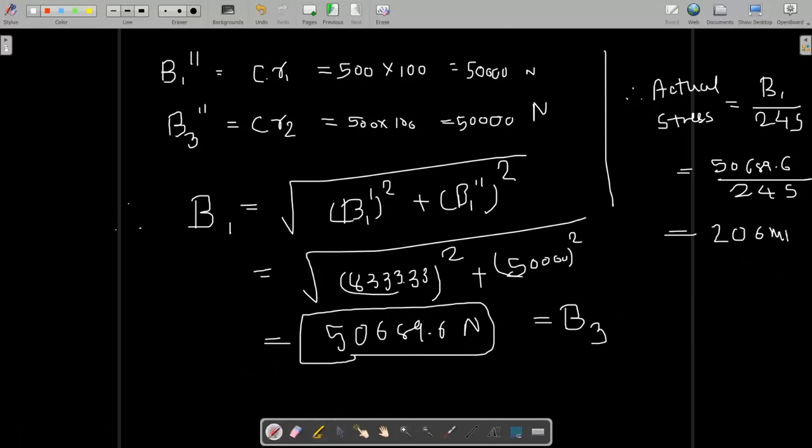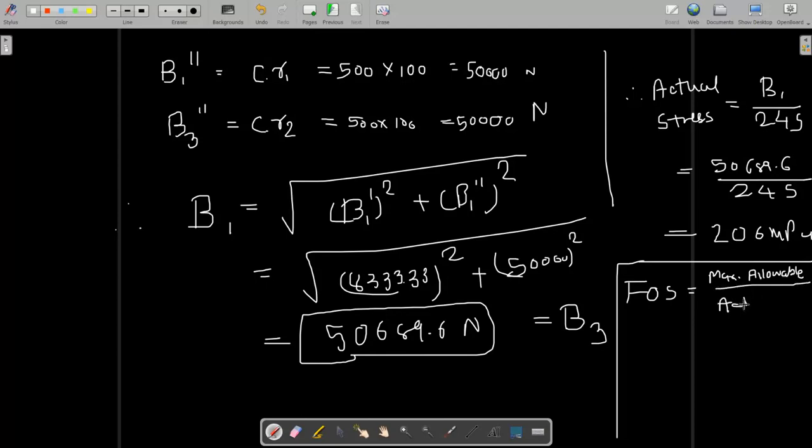This is 206 megapascal, and you know very well from first year that factor of safety is given as maximum allowable stress divided by actual stress, and for a successful design, our actual stress should always be less than the maximum allowable stress. What is the maximum allowable stress here? 230 divided by 206. Here again I am telling you why 230, because I have written one statement, the assumption,